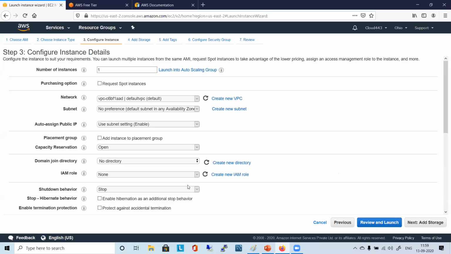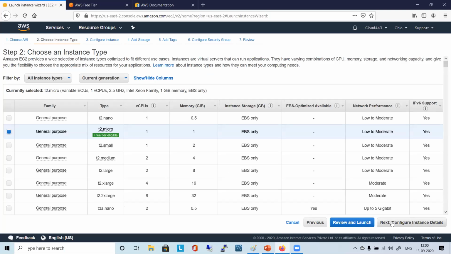Just try to configure this instance. Just look at it, try to understand. Let me know if you can understand the top 5 things. What I did was I selected that free tier only option, and then went to launch, and there is a different Review and Launch. You click that Review and Launch. Go back, don't do that. Previous. So just say next. No need to review now, right? We'll review at the end. If you don't want, you can cancel it. You can come back and you can begin.